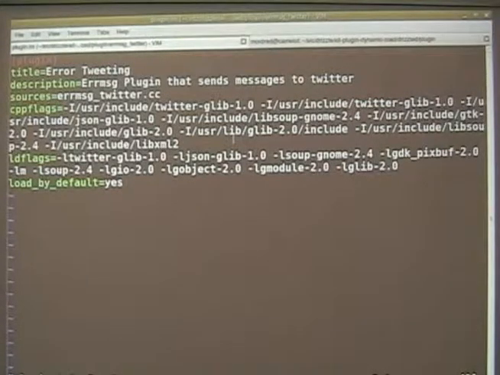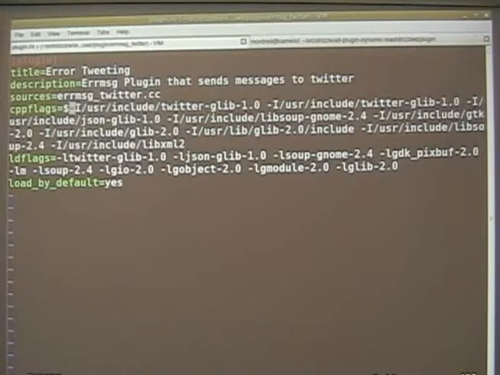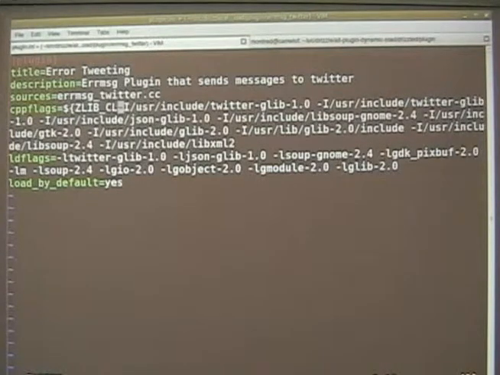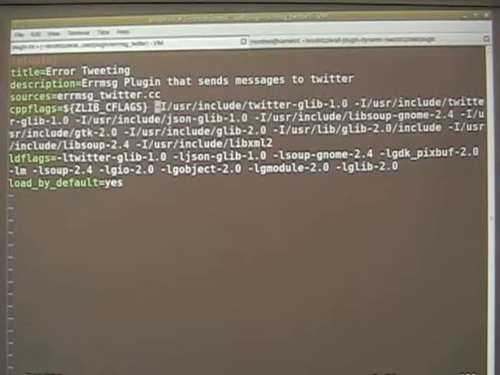But what you would really want to do is write an autoconf test that finds Twitter glib and makes probably a variable called, you know, whatever, Twitter glib C flags or something, and then reference that here. Any variables that you created by autoconf, you can reference here. So I can add this, and that will include the zlib C flags as found by